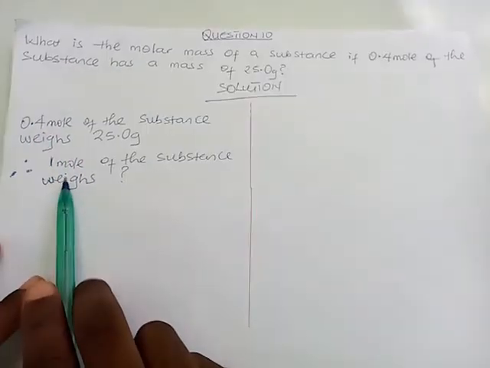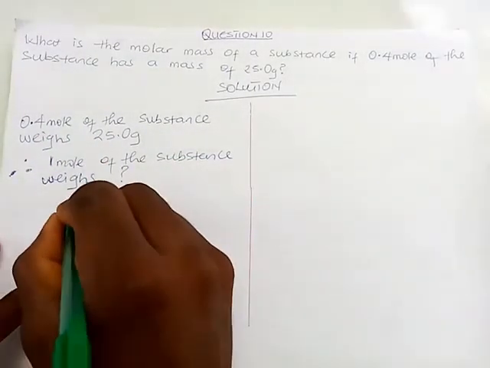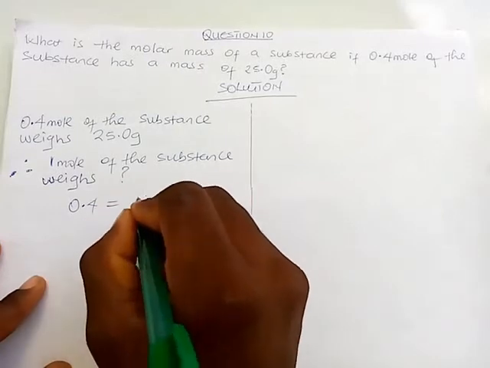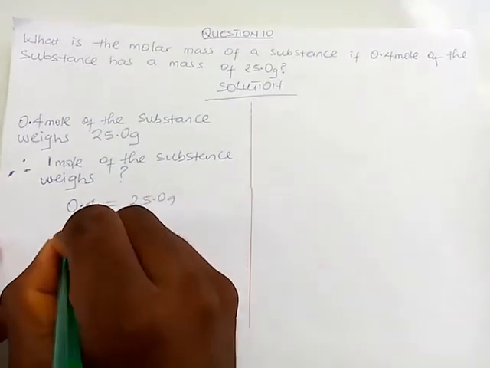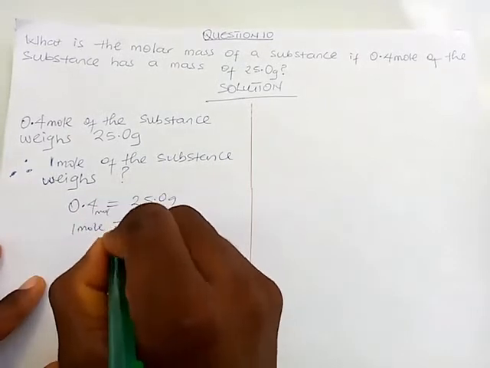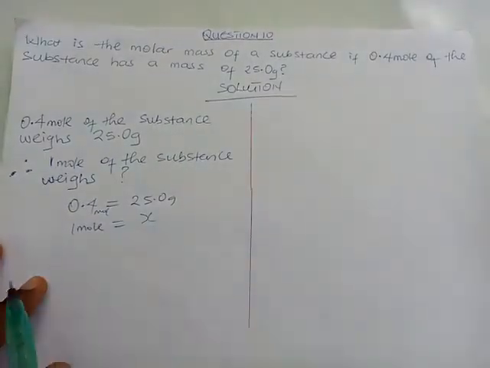That's what we're going to do. 0.4 mole is to 25 grams, 1 mole is to x. So for us to obtain this side, all we need to do is